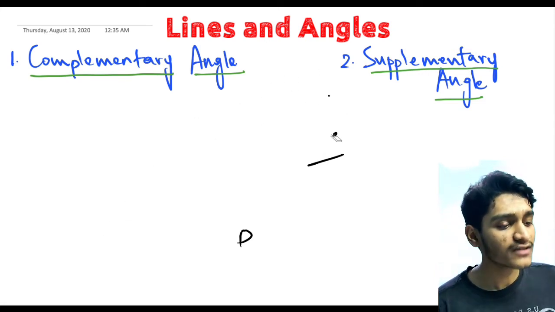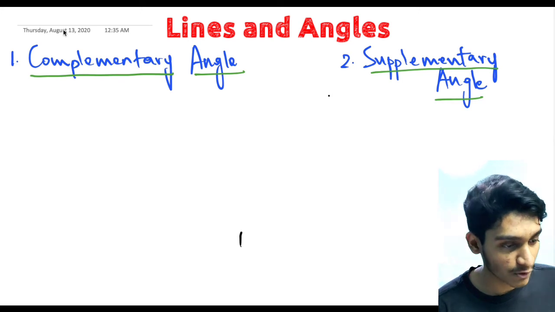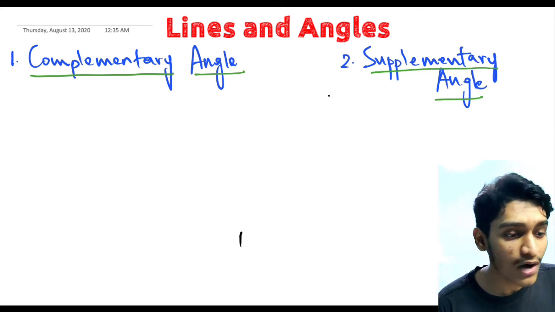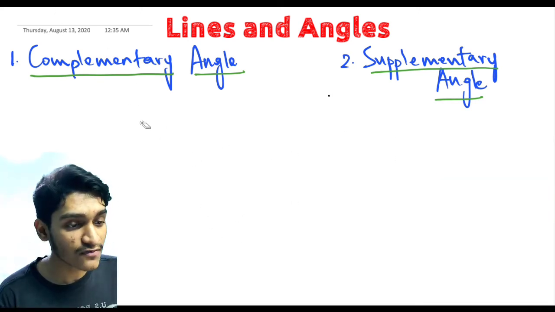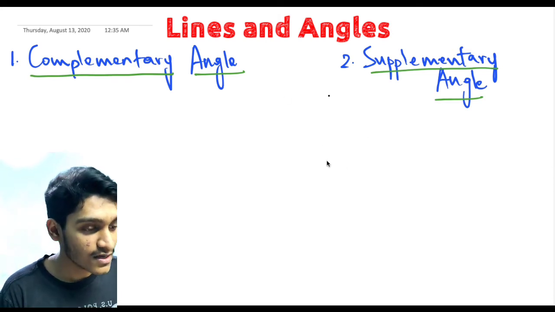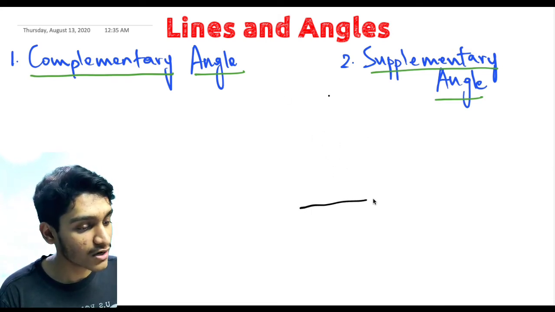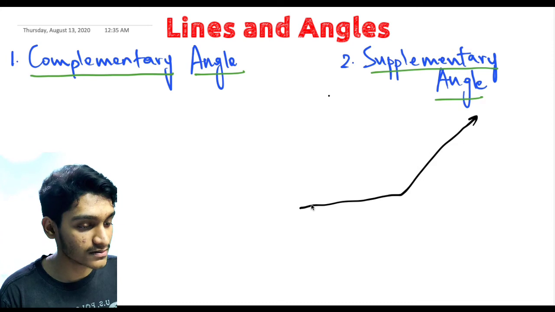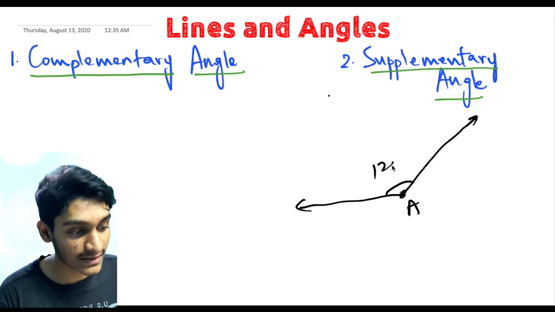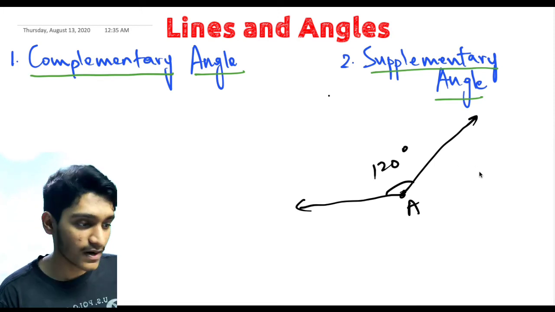Well, as for supplementary angles, let me give you an example. When a set of two angles are added up, something like this. Suppose I take my obtuse angle, which is 120 degrees, something like this. This is my original vertex A, this is 120 degrees, and when I take my other part, which is